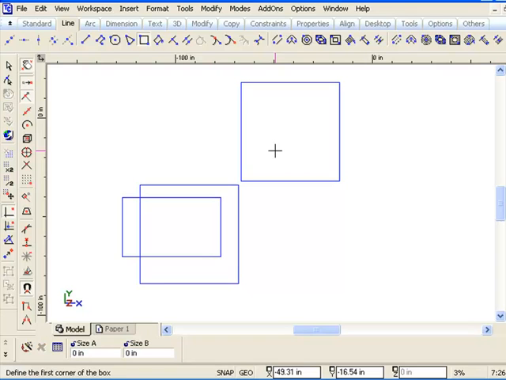Another very common question, since we're on rectangles, people always ask me, how do I draw a rectangle a specified distance away from this other rectangle? Okay, that is a very good question, and it's got multiple answers. The quickest way that I have found to do that is literally to just draw a rectangle like this,